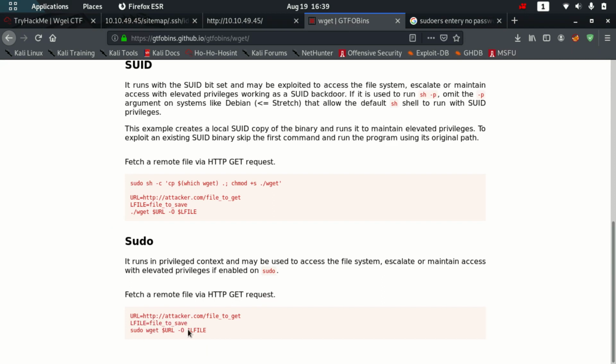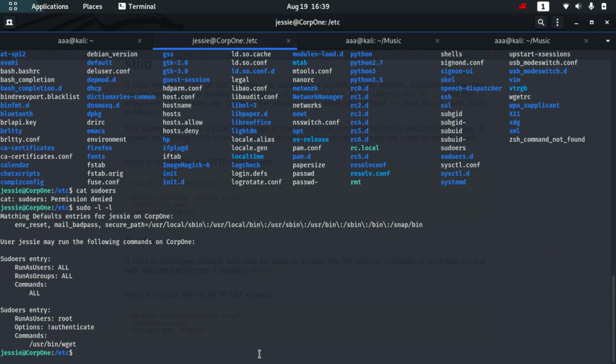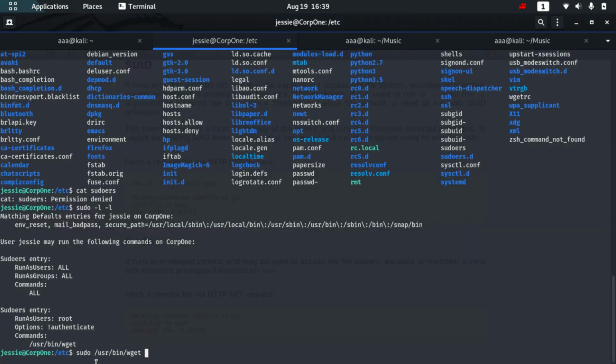So sudo wget, let's sudo -l. Yeah, so this is the place. So I'll run sudo, rather than wget I'll just copy the full path. Then there is the URL and dash O output file.